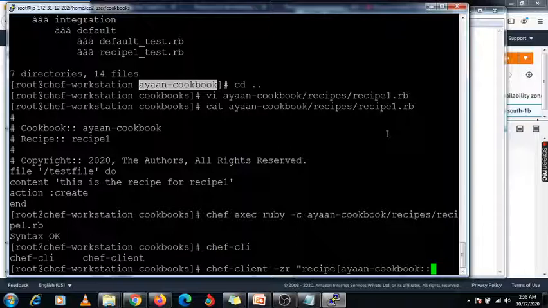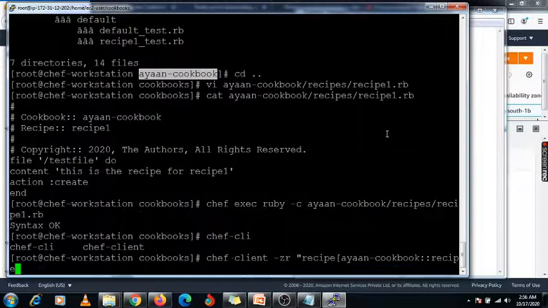Two times you need to press Shift colon, and you need to mention your recipe name. My recipe name is recipe 1. Do not mention recipe.rb, because recipe.rb is nothing but our Ruby file where we write our code. This is my recipe name, recipe 1. So just close that bracket, and close it using the double inverted comma, and enter it.